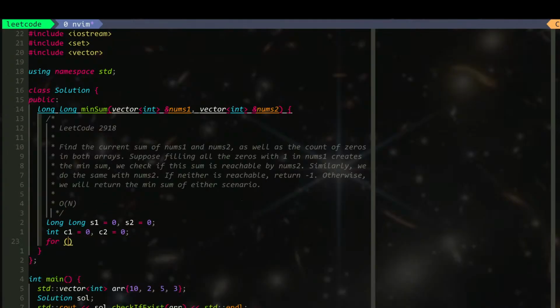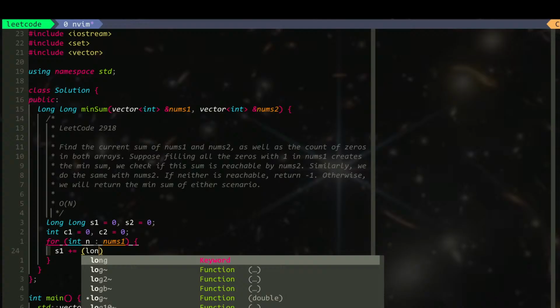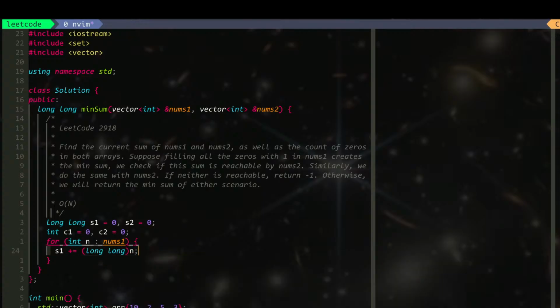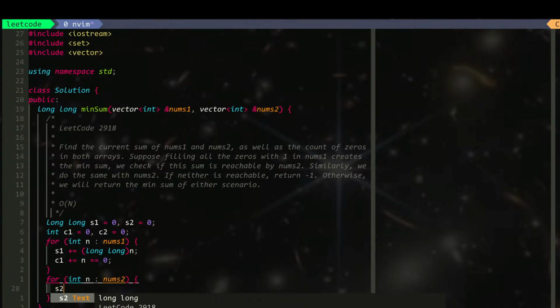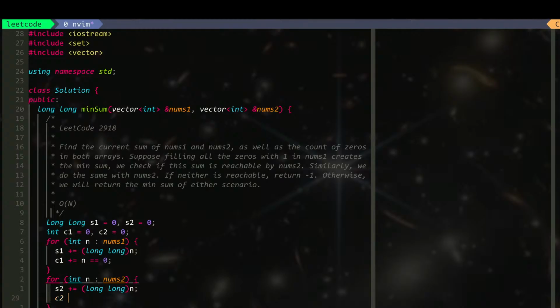So we'll say for n of nums1, s1 will plus equal to n. Probably need to long this thing. And count 1 plus equal to n equal to 0. And now we'll do the same for nums2. S2, and then c2 plus equal to n equal to 0, right? So once we're done with that, then we can say